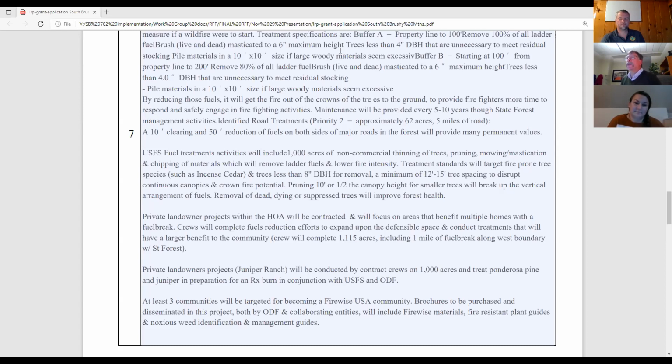Minimum, yes, we really would struggle with any project that's less than $300,000, because we don't have the staff really to have multiple small projects, and that is really what's addressed in the small forest land grant program. So there is an avenue for other funding sources for smaller projects. And as far as minimum acres goes,